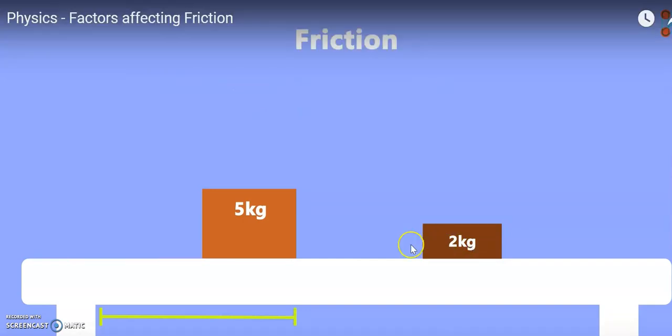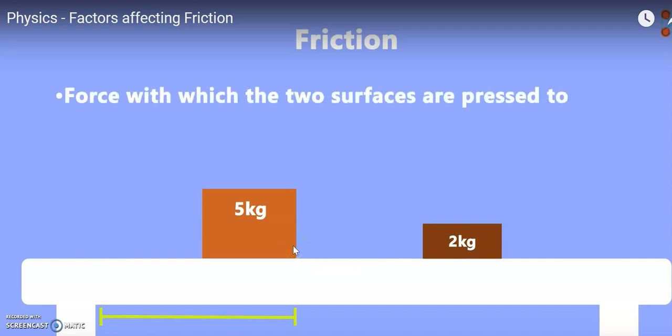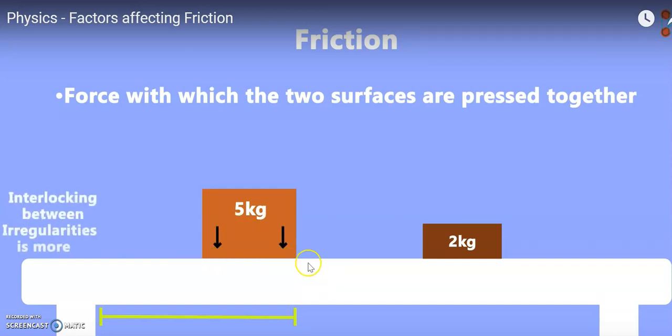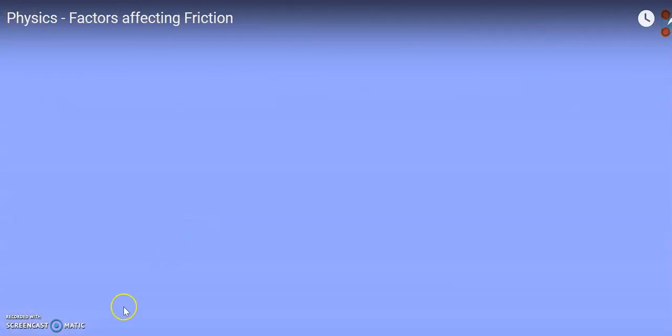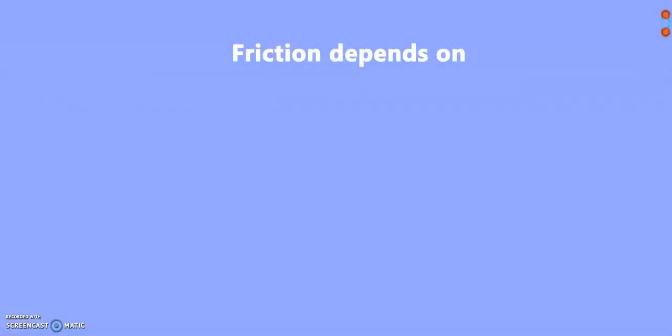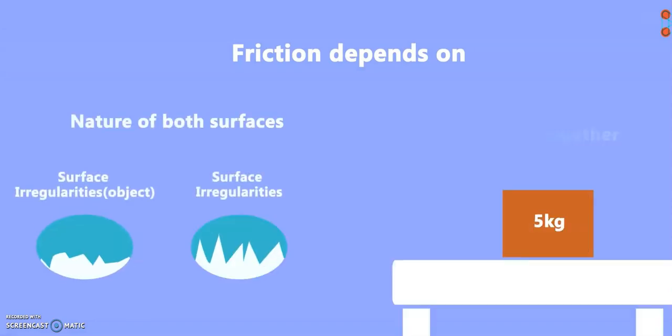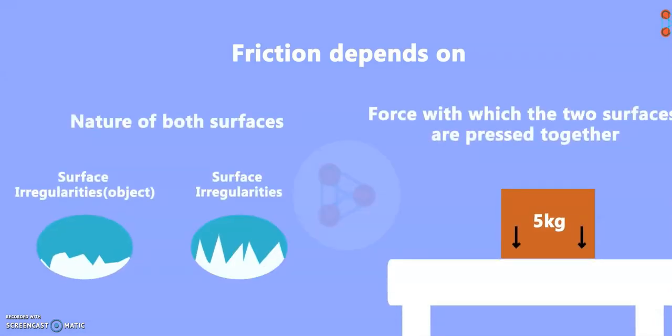What does it tell? It tells that the force of friction depends on the force with which the two surfaces are pressed together. Why is that? Because the second brick has greater weight, greater force presses onto the surface, which results in the interlocking between the irregularities being more. As a result, more friction. So basically, there are two factors on which the friction depends: nature of both surfaces and the force with which the